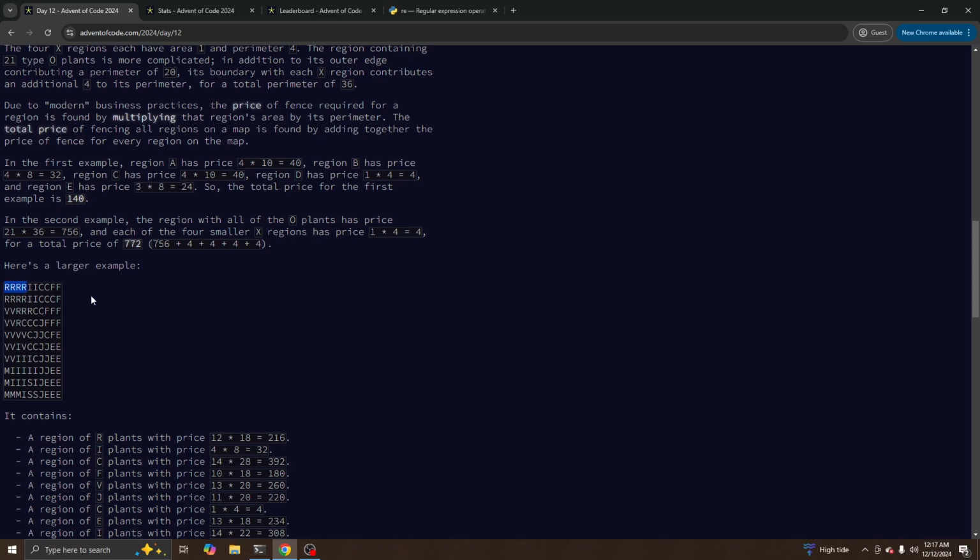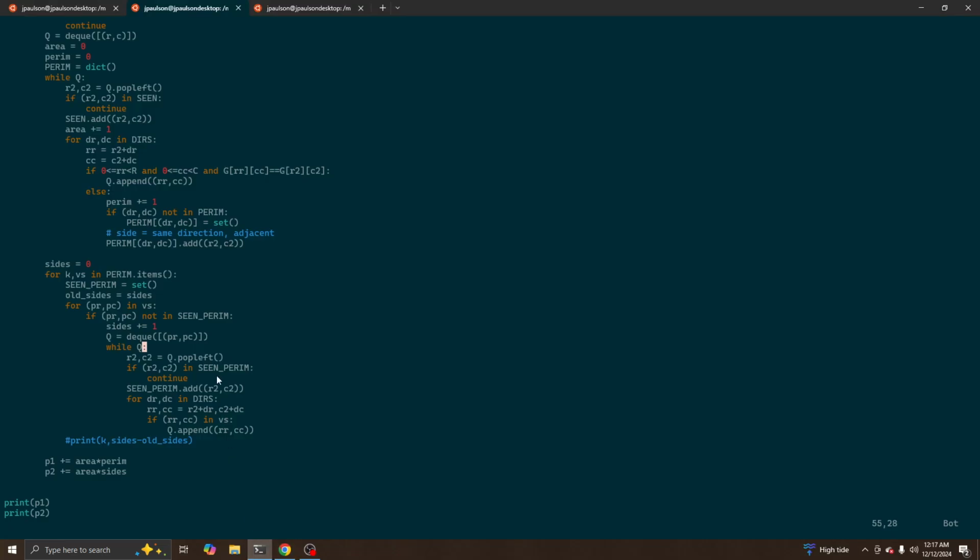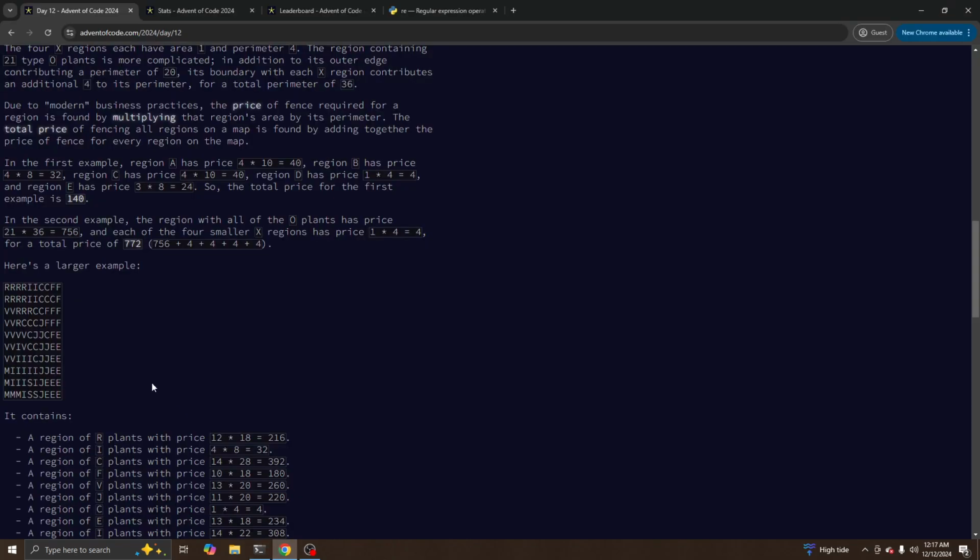So let me extend to my left and right as far as I can. But if there was an R over here that was part of the same region, you would not want to count that. So you need to be careful to not extend over gaps. So you could do that, and that would let you count this side. So that's effectively what my BFS is doing, I think, except it's automatically doing it in all